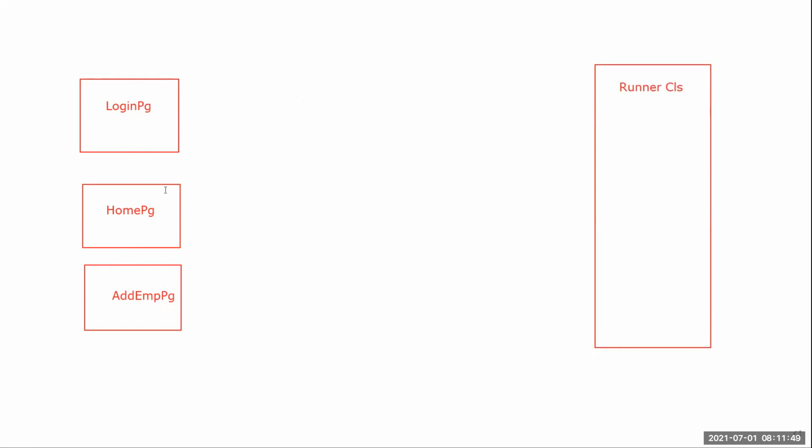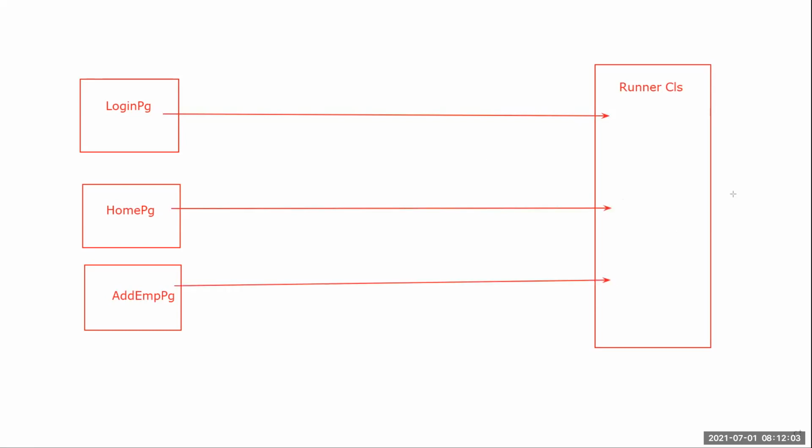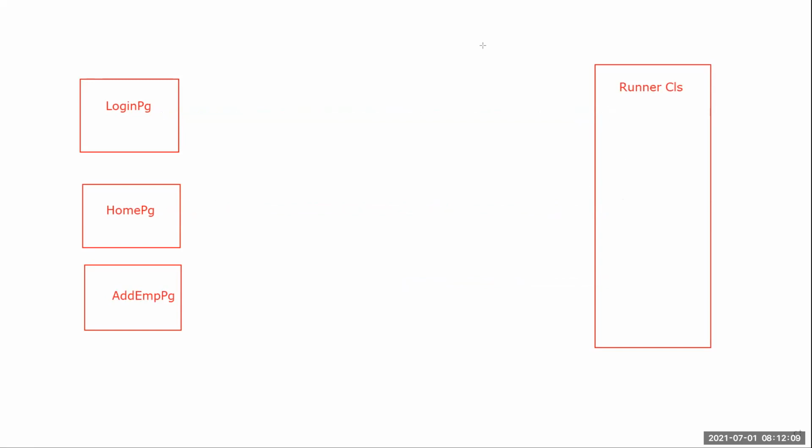So now when we are working on it, in the previous example, what we did is we created an object for each of these classes inside this runner class. Okay, I'll do one thing. This is runner class 1 or runner class 2. I'll also create another runner class for another test case.